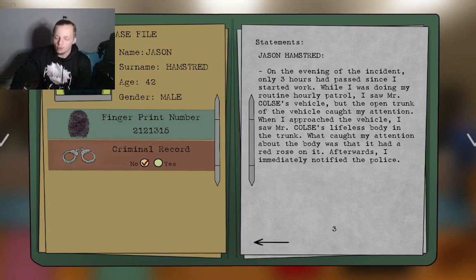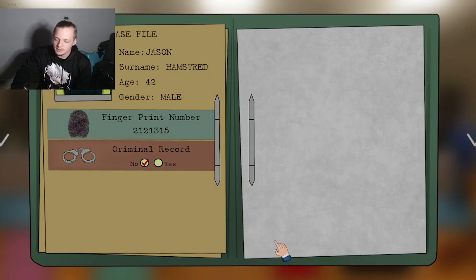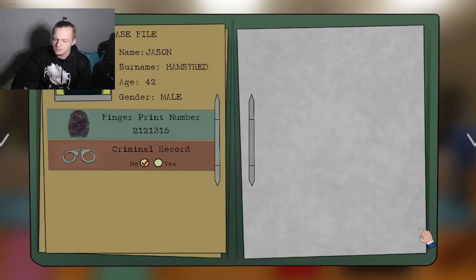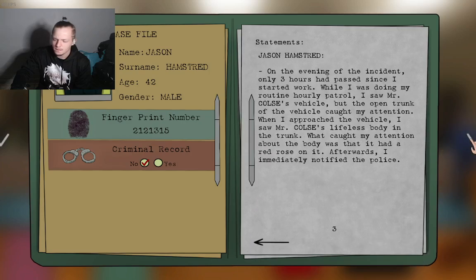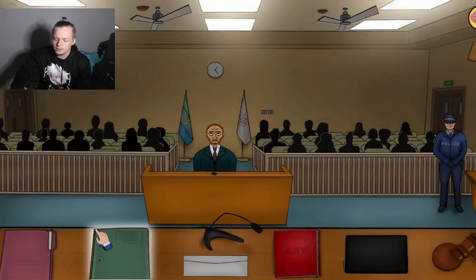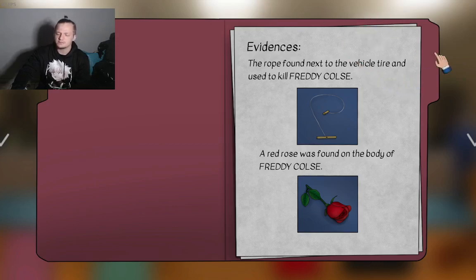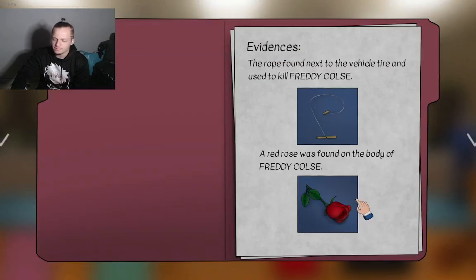Oh, that's a hard one. Okay, let's look at this evidence. The rope found next to the vehicle tire that was used to kill. The red rose was found on him. That sounds like a serial killer type thing.